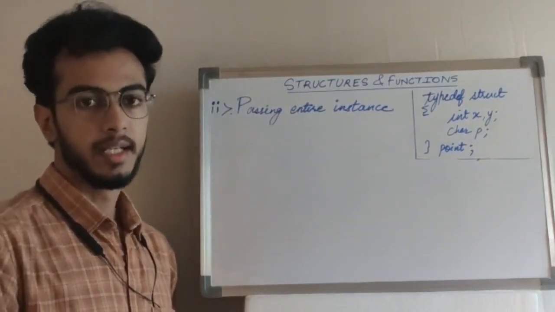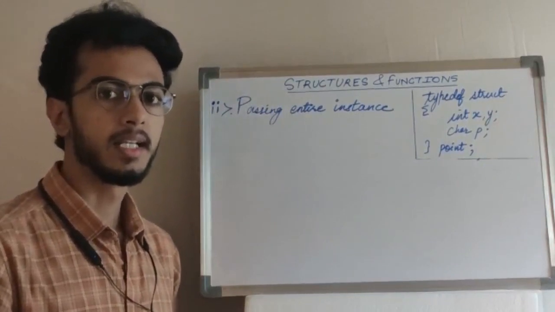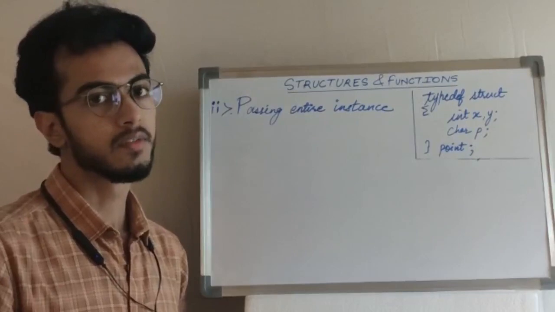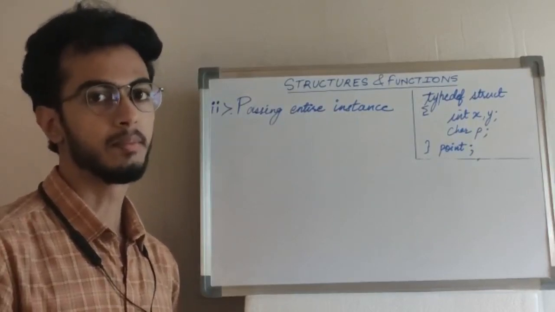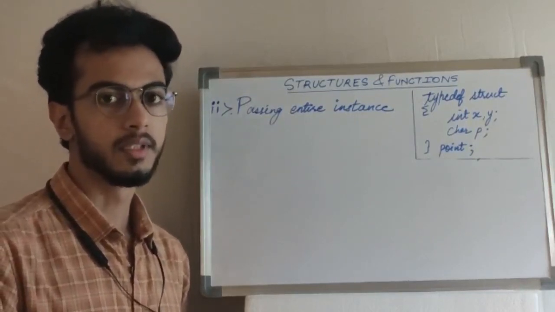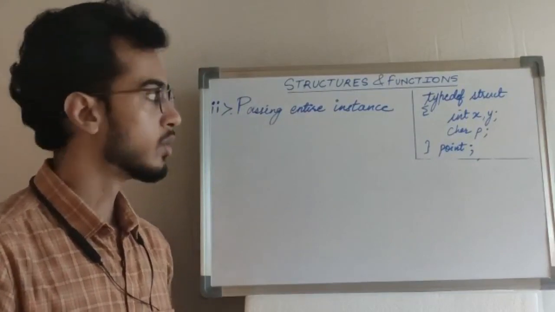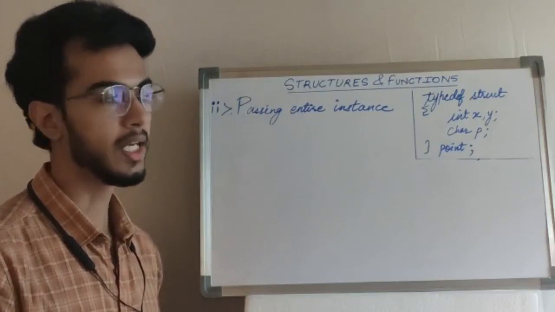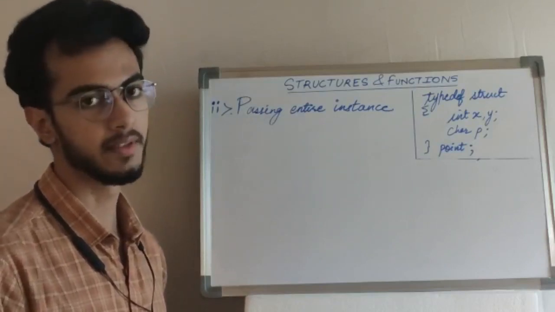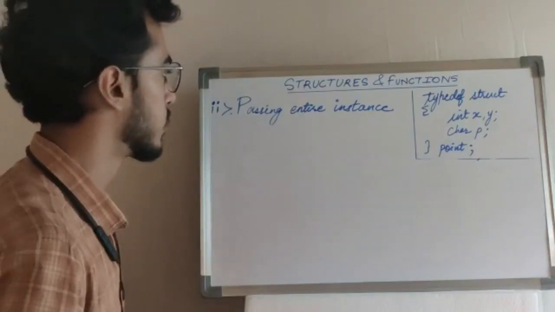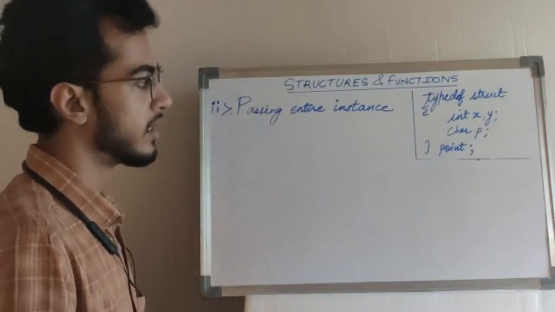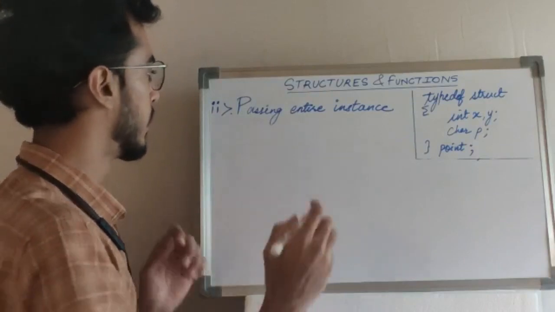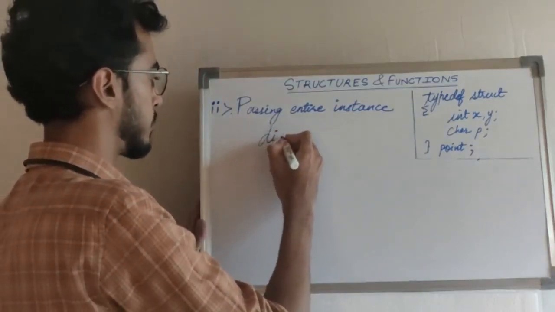So we'll see now the second category, where we'll pass the entire instance to a function, and that particular function will also give you back or return a similar kind of instance. Let's consider the same definition of a point, where x and y coordinates are mentioned and the name of that point is mentioned in the variable p. I want to write a display function just like we wrote for the previous program. So let's write it as display.